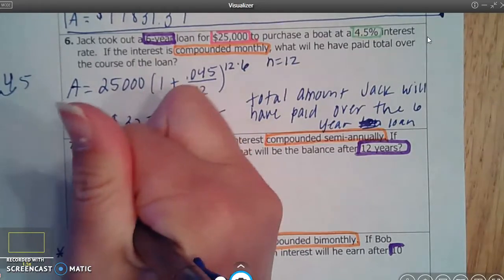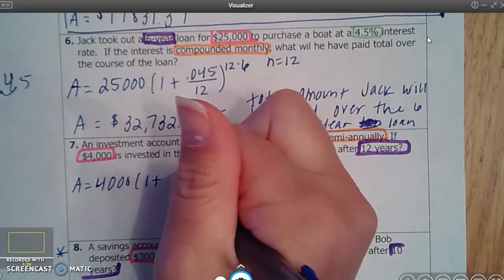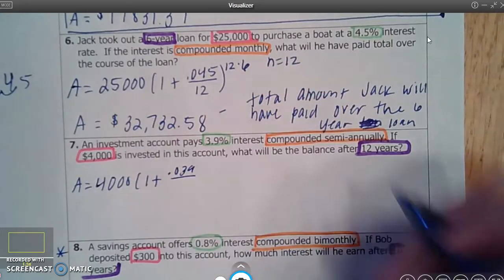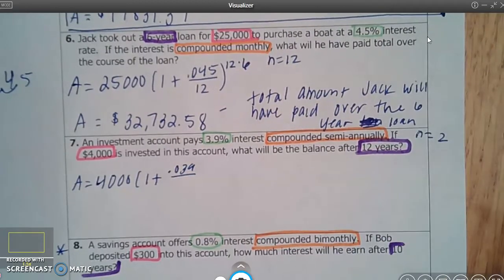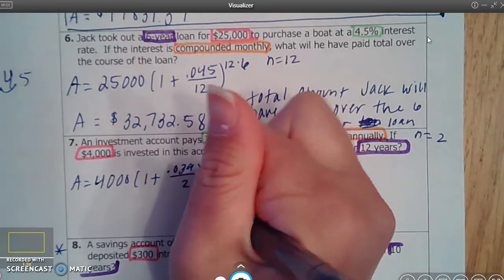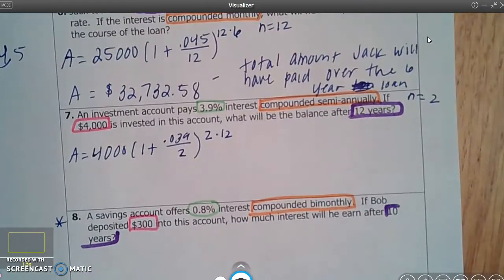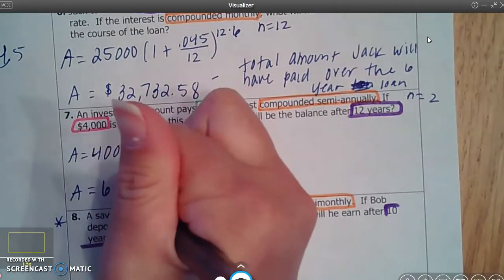All right, so we know my principal amount is $4,000. We'll do 1 plus my interest rate. So you have your 3.9, you move it over to the left, which would be 0.039. We are compounding semi-annually, which means you're going to split your year into 2. That means n will be 2. And I'll do 2 times my year of 12. When you plug that into the calculator, that will give me a balance of